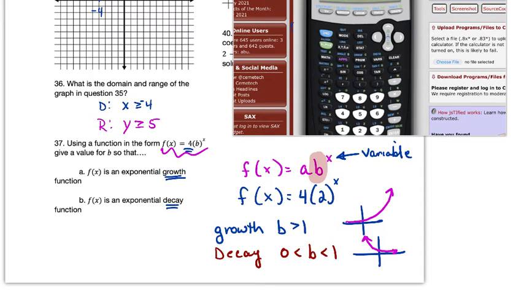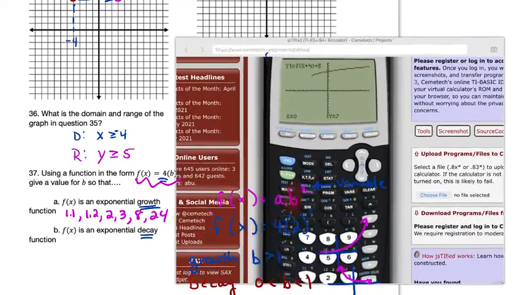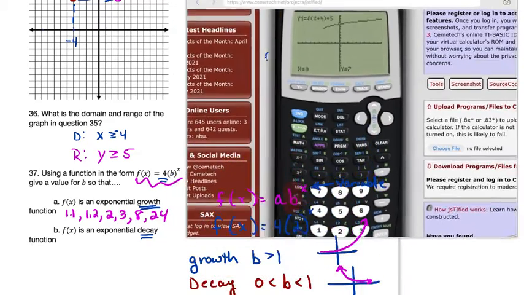and so if you had to give a value for b, you could use for growth anything bigger than 1. You could use 1.1, 1.2, you could use 2, you could use 3, you could use 8, you could do 24. It doesn't matter. If you type in a number that is bigger than a 1, and I'm going to show you this on the calculator here,